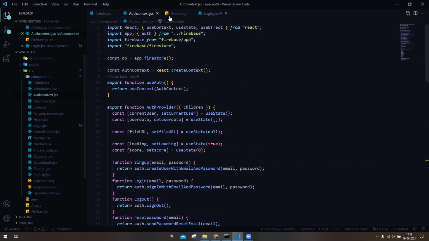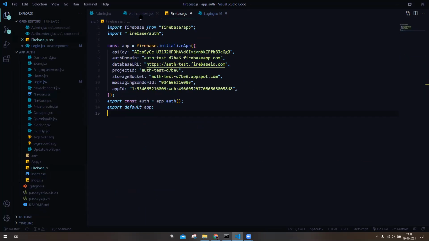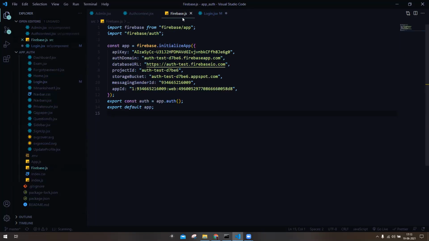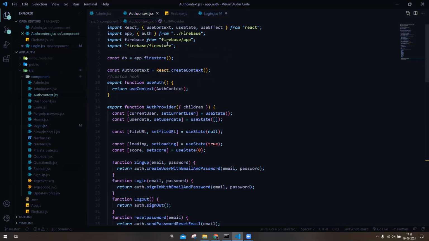As I showed in my firebase.js, I initialize this app, then export this app, and I also export the auth. And in my context, I import that Firebase app and the auth which I'm exporting from that firebase.js file.